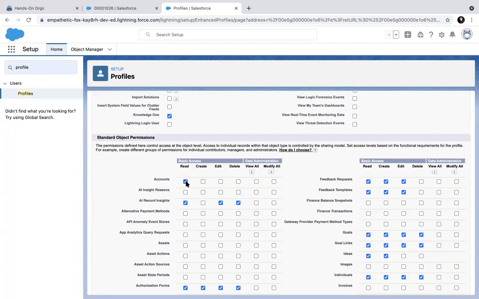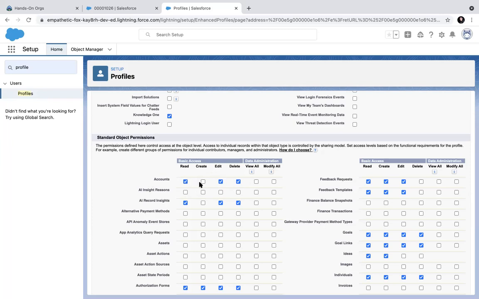Now you can go one by one. You can assign read permission. Then the table is available. They can see their own owned records. What is owner? We'll come to that. So owners can see their records now. Owners can see others' records also if the OWD is set to public read only or public read write. Similarly, if you give a create permission, you see automatic read permission is also given. If you go to edit permission, automatic read permission comes in. If you go to delete, edit, delete, and read, all three come in.